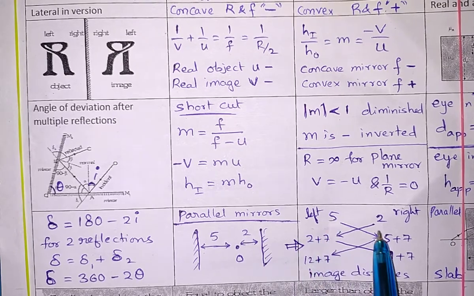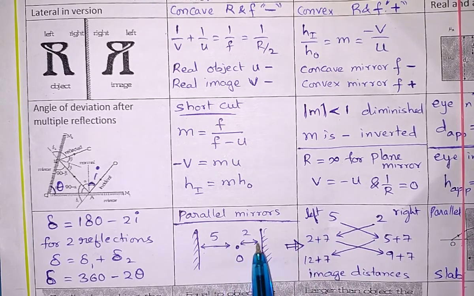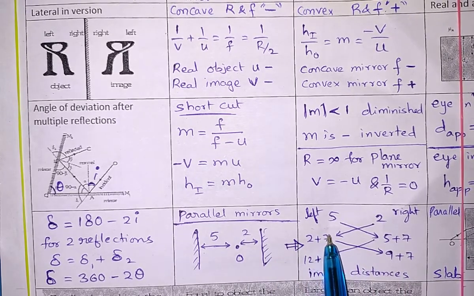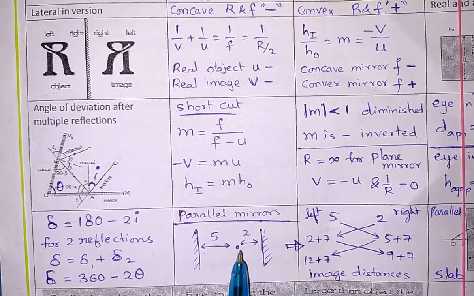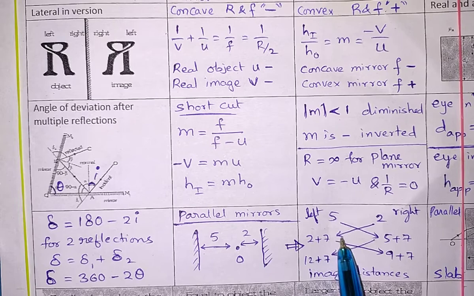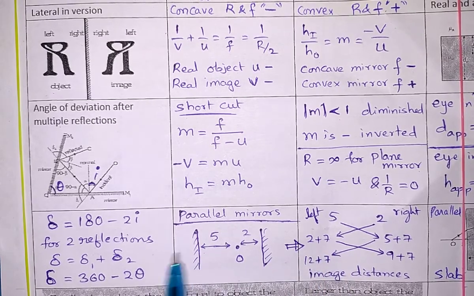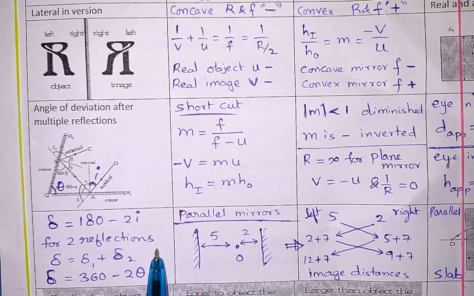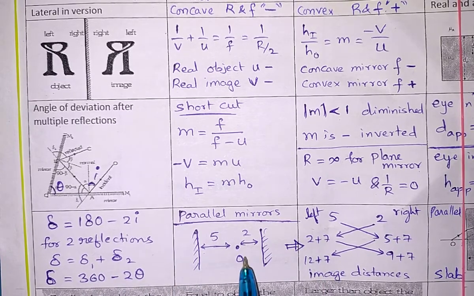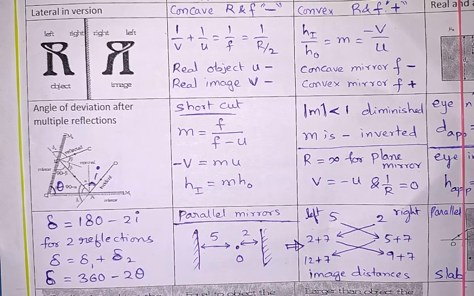Next onwards, for the images, you have to add the distances in a crisscross way. 5 plus 7, 12. So the next image will happen on the right side of the mirror at 12. On the left side again you have to crisscross it. 2 plus 7, the distance between the mirrors, that is 9. So the next image on the left side will happen at 9; first image happens at 5, next image happens at 9. In that way, we can tell where the fourth image from the right side is, where the seventh image from the left side is, and so on.